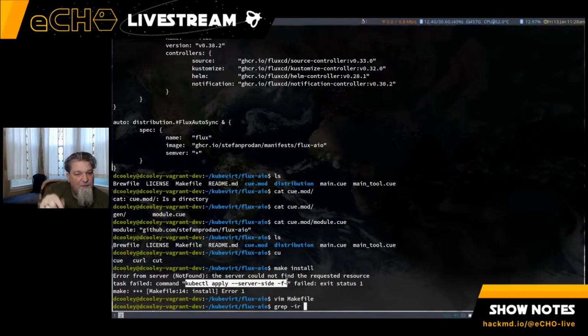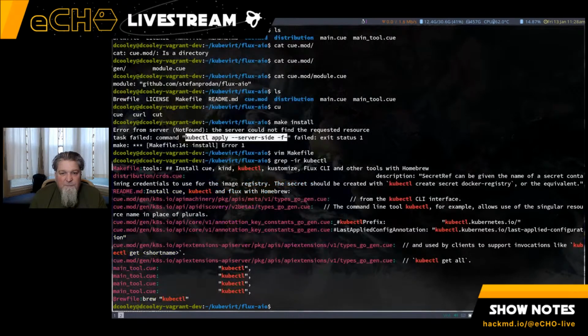So what I'm going to do is I'm going to change this command, kubectl apply server side -f- to like kubectl, I don't know, apply --dry-run. And then we'll take a look at the output, see what that looks like. To do that, though, I need to find where it's being run. So it looks like